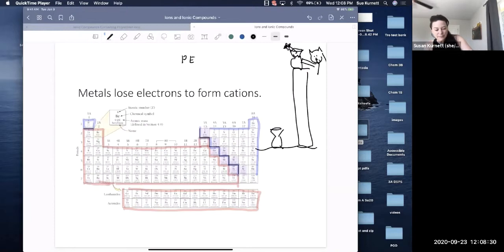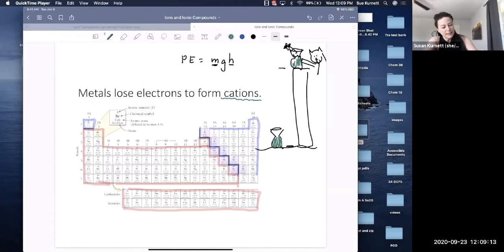Potential energy has a formula in physics, mgh. M stands for mass, h is the distance it could change. So from up here to down here would be my h, and then g is the force of gravity. So even though a metal atom can exist, like the vase up high here, it would be more stable if it had a different arrangement. And that's what we're talking about, how metal atoms become more stable by losing electrons. And when metals lose electrons, they form cations. A cation is a positively charged atom or chunk of atoms.